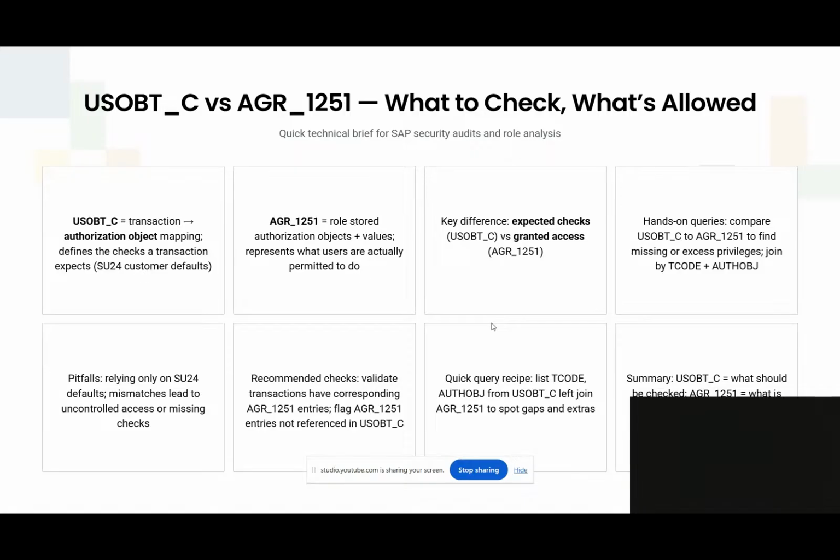So what is USOBT_C? It is basically having authorization object mapping to the T codes. So whatever T codes are there and what authorization objects are checked, which defines the check of the transaction. So basically, this is the SU24 table, and then AGR_1251 is role stored